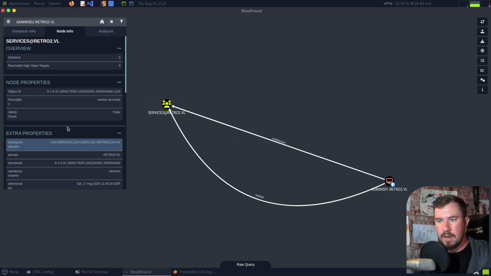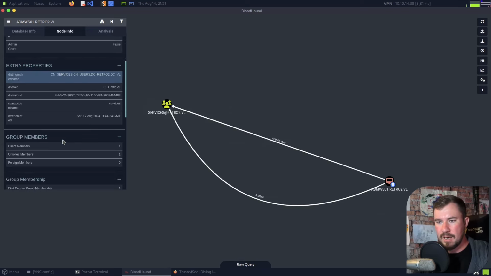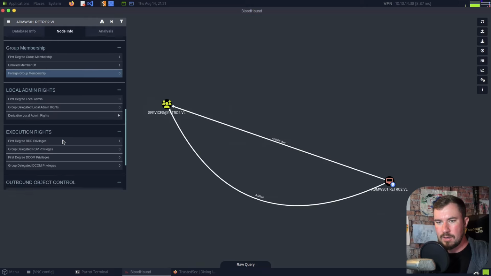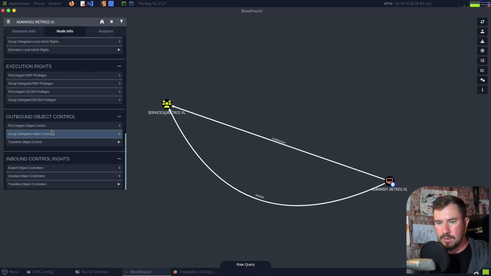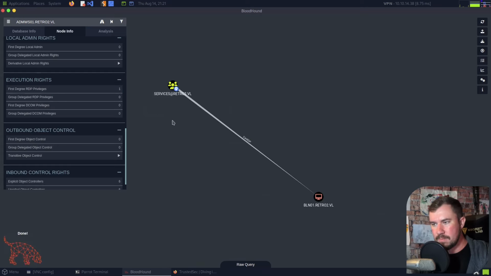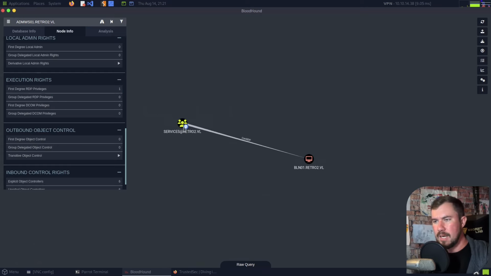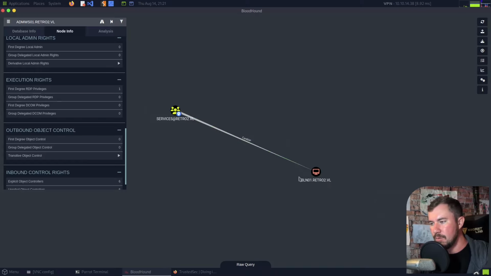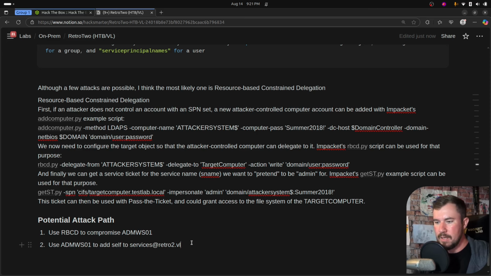If we click into services, we have service accounts here. And if we scroll down to outbound object control, oh, we actually have nothing. Oh, we have RDP privileges though. Okay, so then in the services group, we can RDP into our main machine that we're attacking, this BLN01 Retro2VL. So then we'll say,